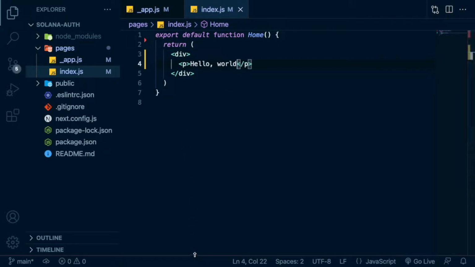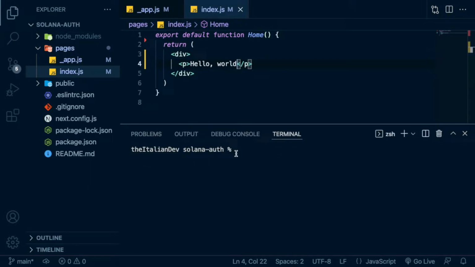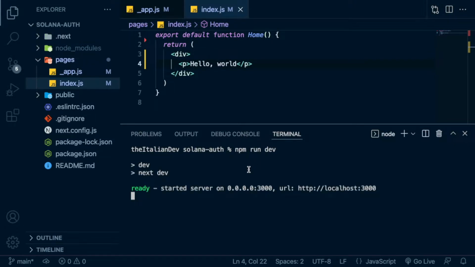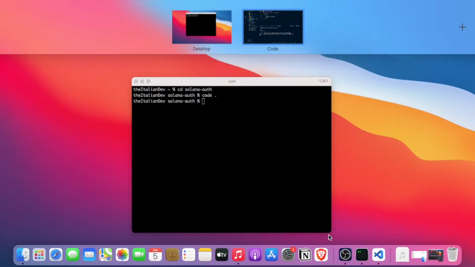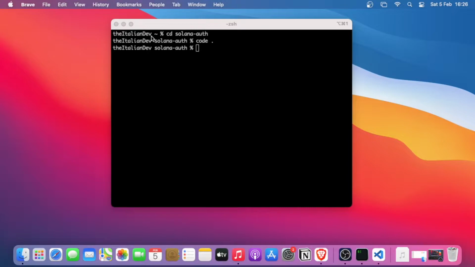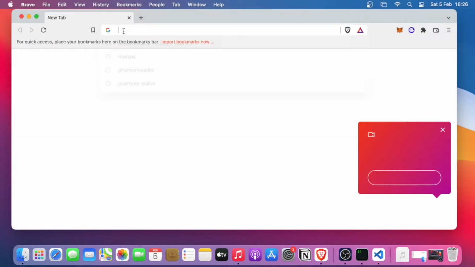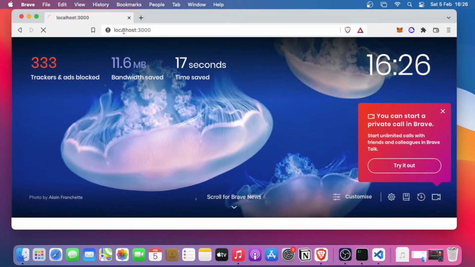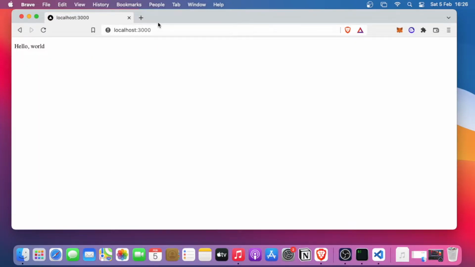So we can now open our Visual Studio Code integrated terminal and type the command npm run dev to spin up the Next.js server that will serve our Next.js application under localhost 3000. Open your browser and type localhost 3000 to see if everything is working fine. Cool, we have our basic Next.js application perfectly working. So now we can move to the